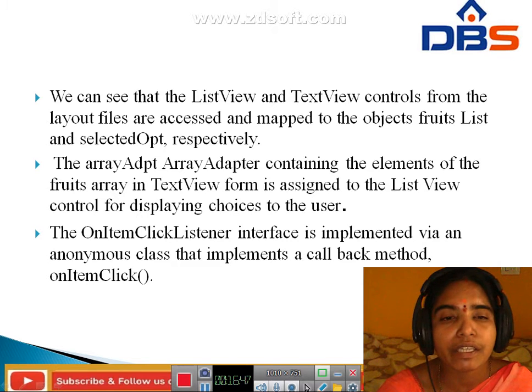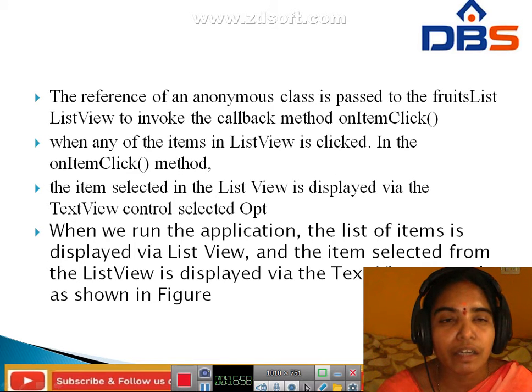Next, the reference of this anonymous class is passed to the fruits list to invoke the callback method, on item click.